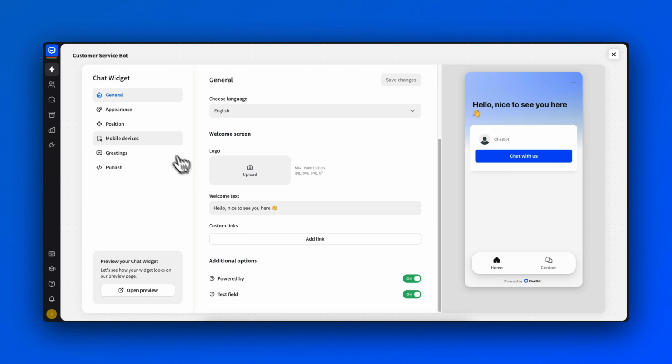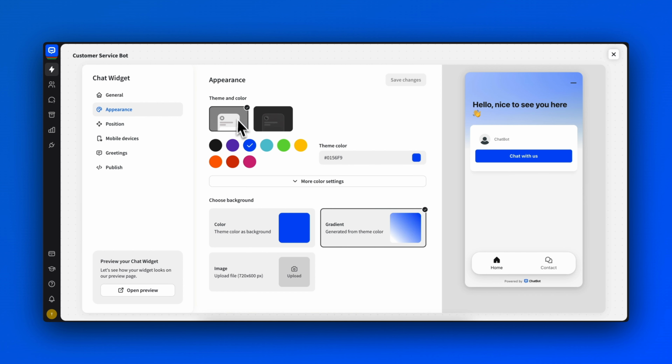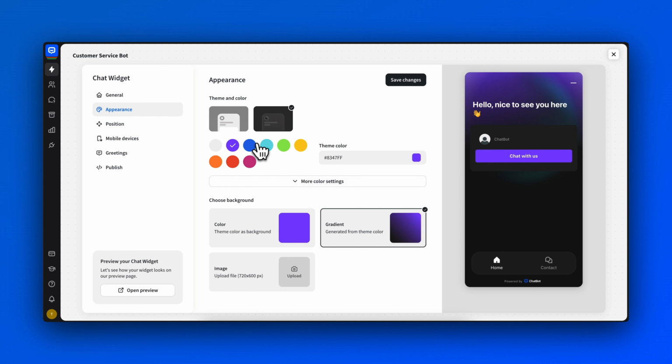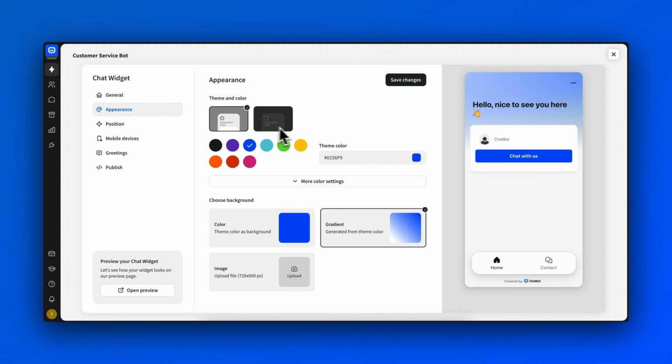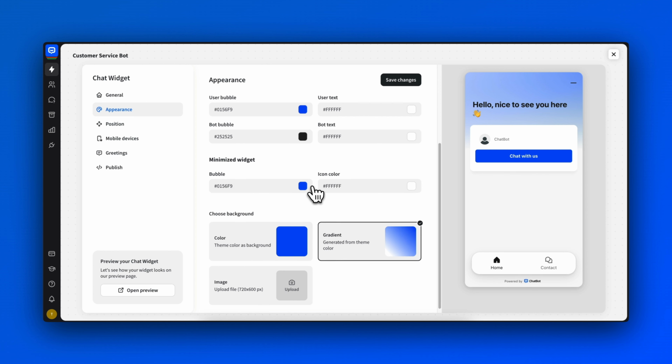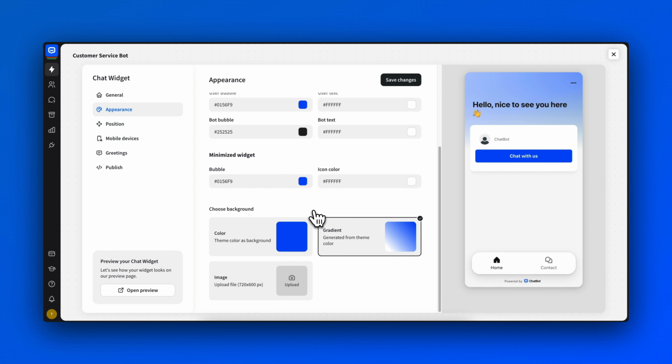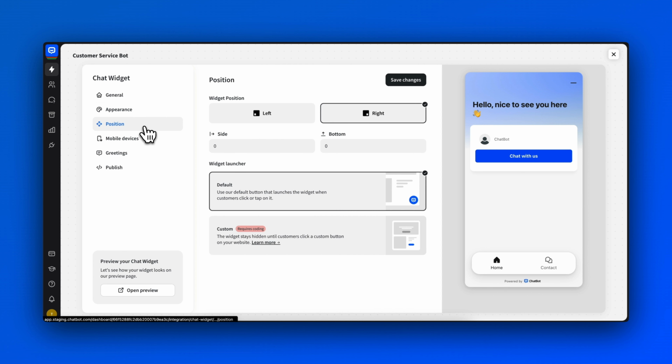Moving on to the Appearance section, this is where you'll make sure the chat window matches your site's style. You can choose a ready-made theme or dive into the advanced settings to fully customize the colors, background, and upload your own background image. Next, in the Position section, you can decide where you want the chat widget to appear